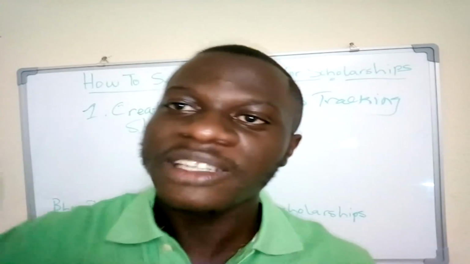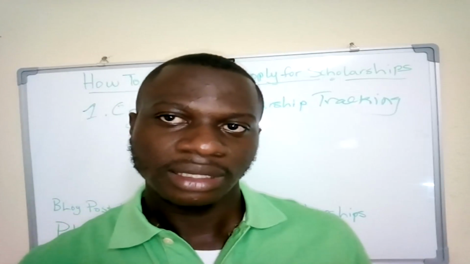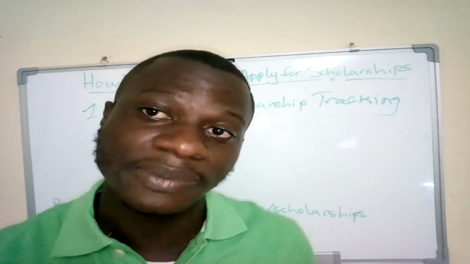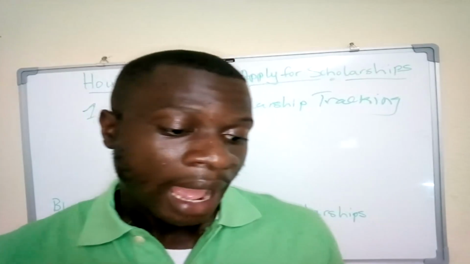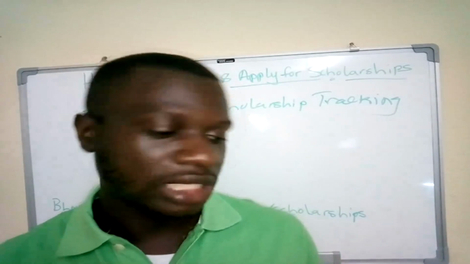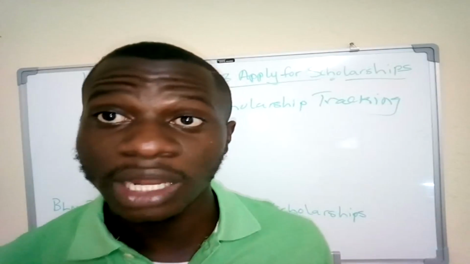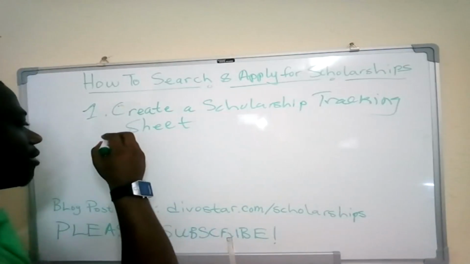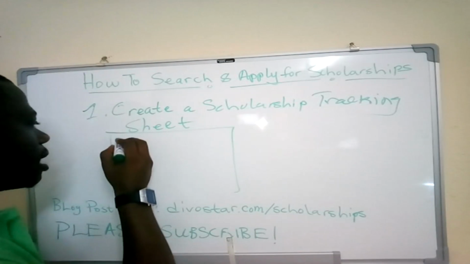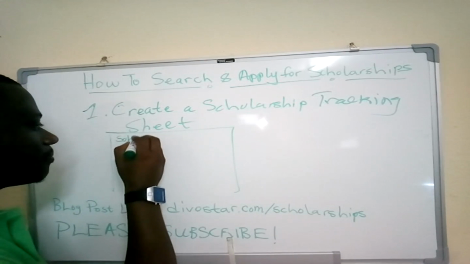Because you'll be searching for many scholarships, it's important to have a tracking sheet where you track down these different scholarships that you've searched. Some of the things that you can include on this sheet is the name of the scholarship. So you can have one column where you have the scholarship name,